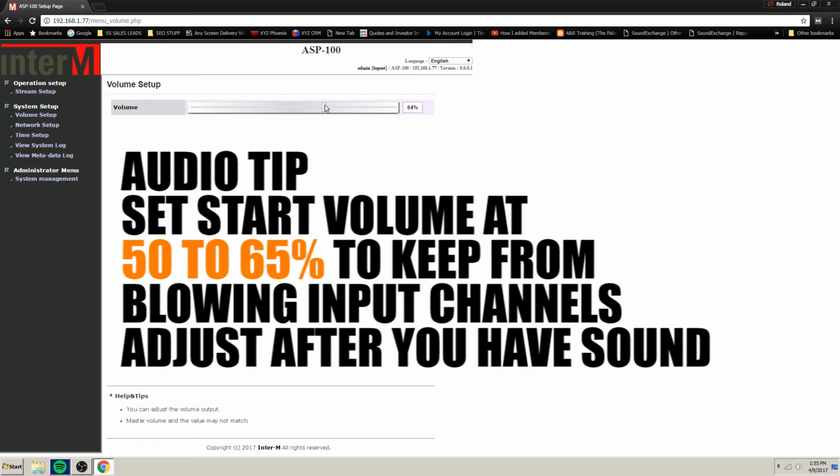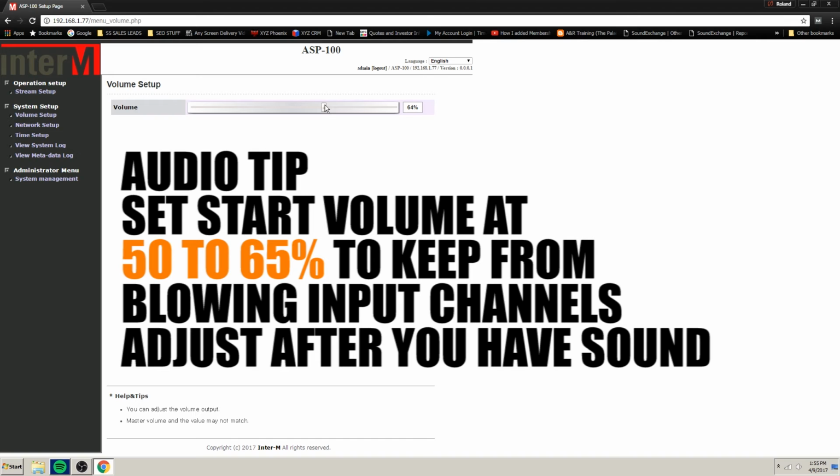amplifier like a receiver, listen that you're not over-distorting the channel so you don't blow it out. Just start somewhere between 60 and 40 and raise your volume accordingly. You may have to get out of your desk or whatever. Hopefully you have a laptop hooked up when you're setting this up, and you're close to the receiver and the speakers and can hear all this. But again, you're going to need some visual or audible cue to note what's